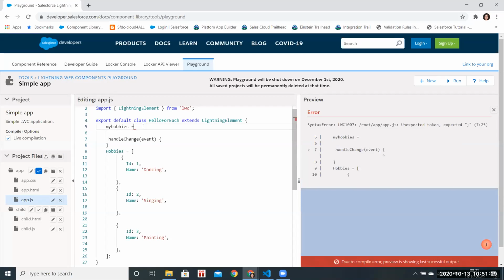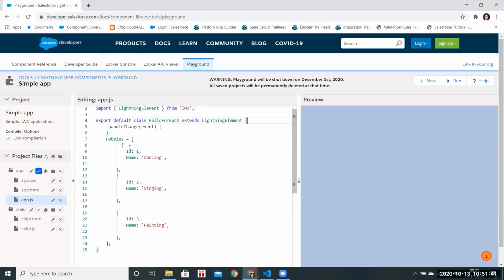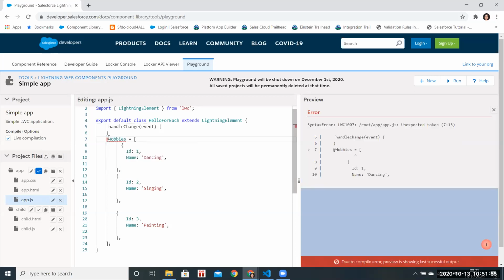Just help me out a bit with that data binding thing. I think you don't need that variable; you can just remove that completely. Right in front of the 7th line, write @track, with a space.